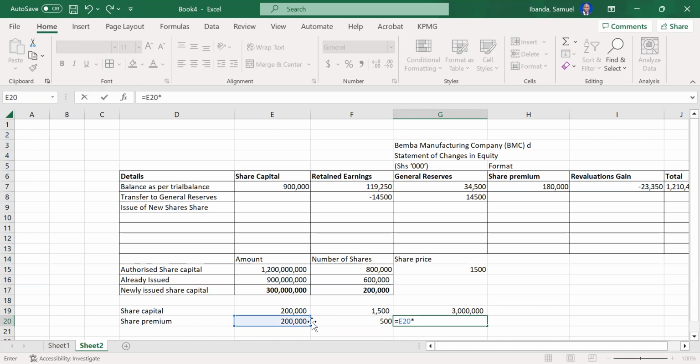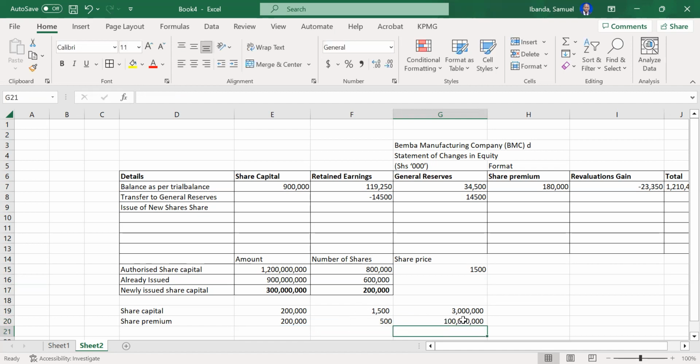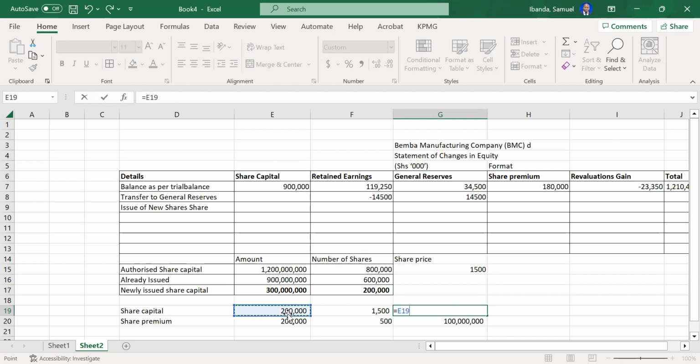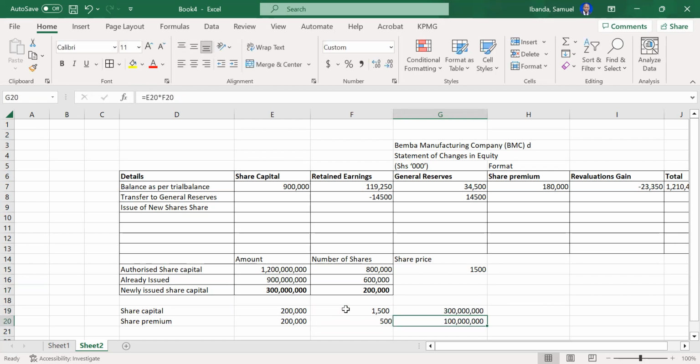This times this. Let me do this calculation also. So this is 300 million. Well, this is 100 million. So when I'm updating the issue of new shares, since these things are in thousands, I'm going to come under share capital here and I add